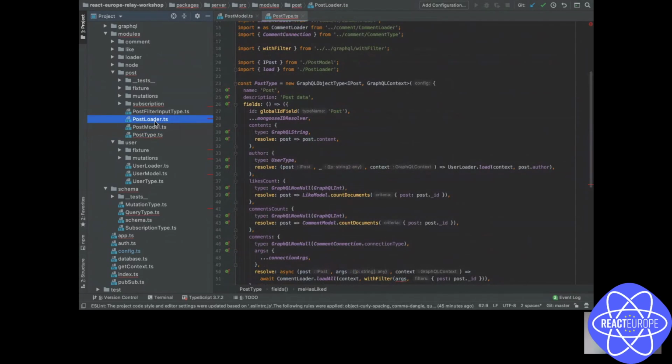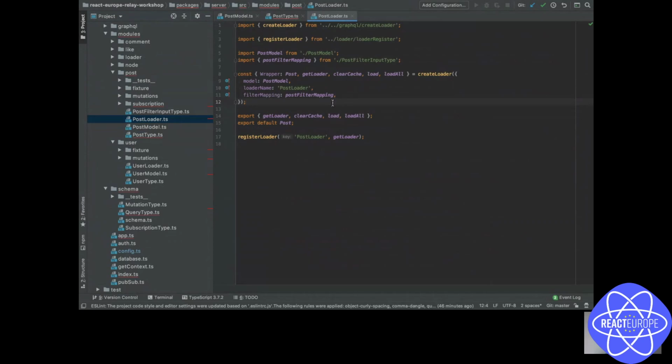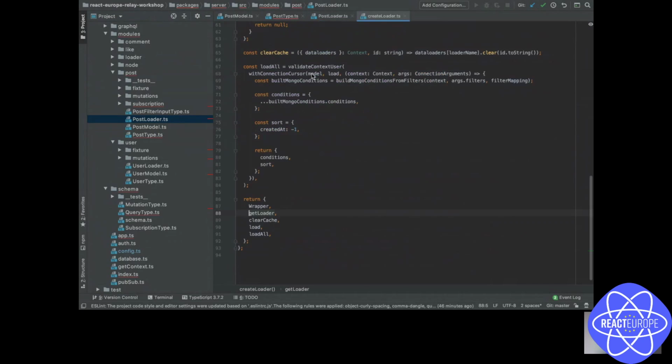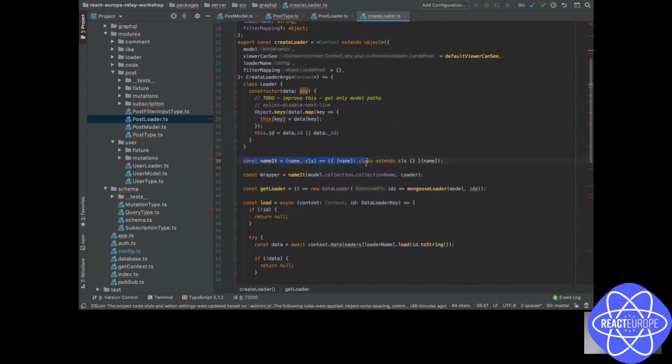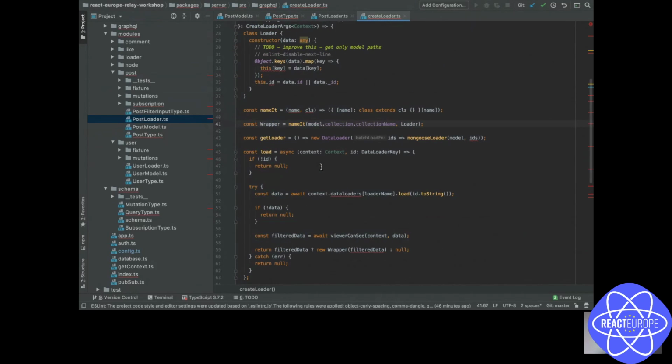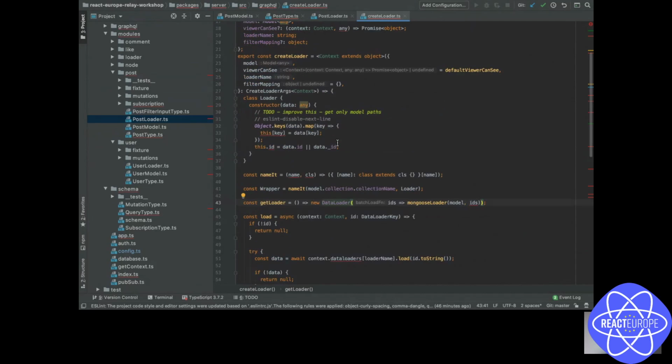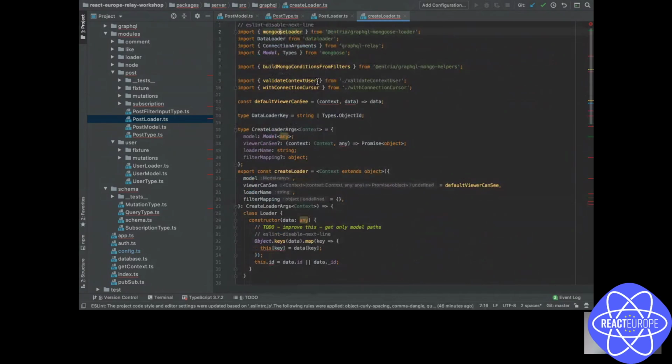We have this post loader. This code is kind of abstract, but to resolve any kind of type, you have very simple stuff. So get loader is going to... this is very complex. I create a named class using the Mongoose model, so I can type check on the node interface. This is very hard to explain. We are using DataLoader, so we can get our data in an optimized way, or using Mongoose loader that handles all this logic for Mongo with DataLoader.